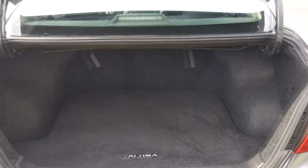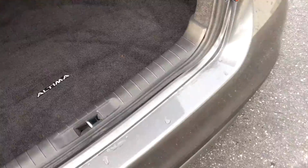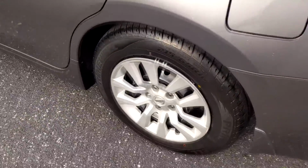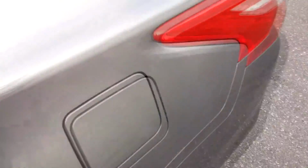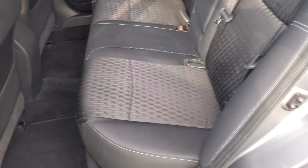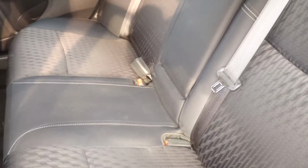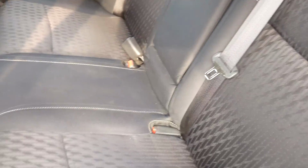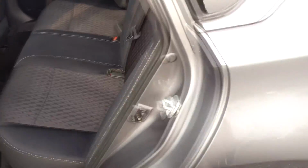Now, going back to the size, take a look at this. You're going to see tons of space here. I mean, just an enormous amount of space. You're going to have quick release tabs there that's going to lower your 60-40 split folding rear seat. You do have backup camera, brand new tires on this one. And what I really like with the Altima, you're going to see a ton of space there. Folding rear armrest, which is really nice for the comfort of your rear passengers, but you can comfortably fit 3